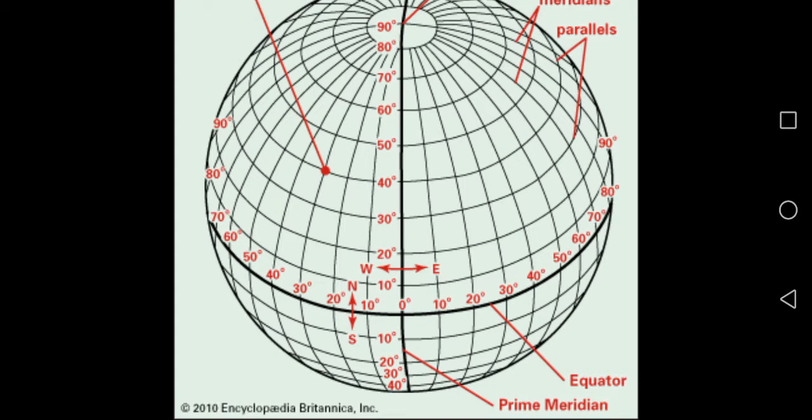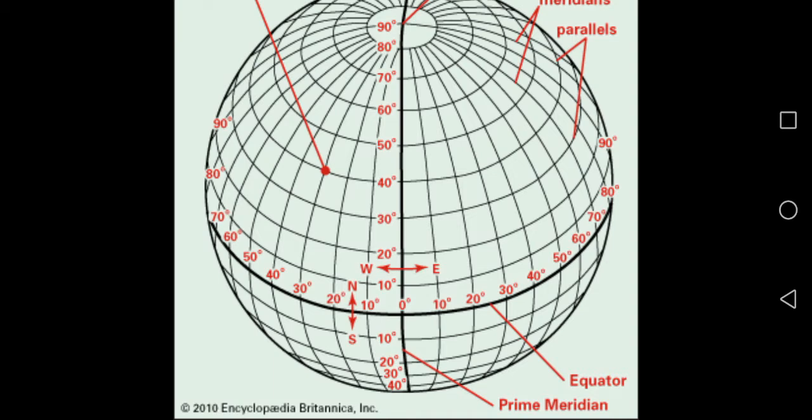Means latitudes always form a full circle, longitudes form a half circle. That's why we can say latitudes are 180 in number, and longitudes are just double in number, 360. Never forget. If you don't know, please note down the points. Then again, through the arrow, the equator is being shown. Prime meridian 0 degree is the vertical line, and 0 degree as the horizontal line or latitude is the equator.